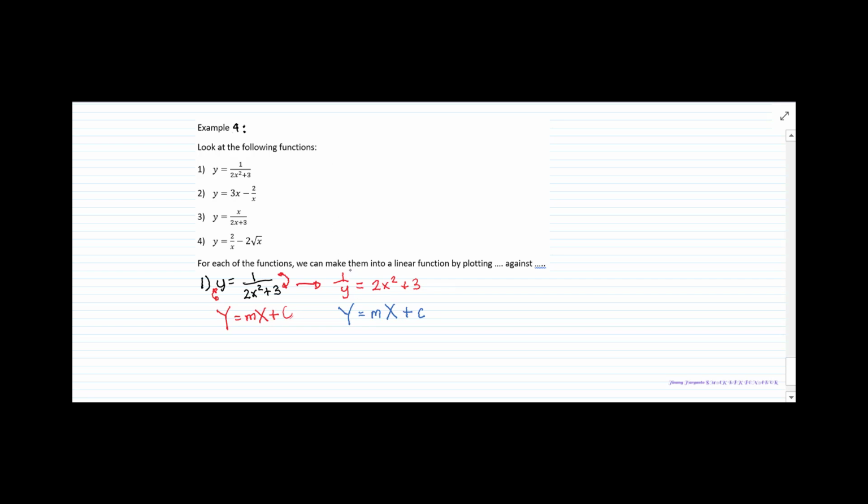Okay, so I know that big Y will be 1 over y and big X will be x squared. So what do we have to plot? We have to plot 1 over y against x squared to make it a straight line. Okay, that's number 1. And then number 2,